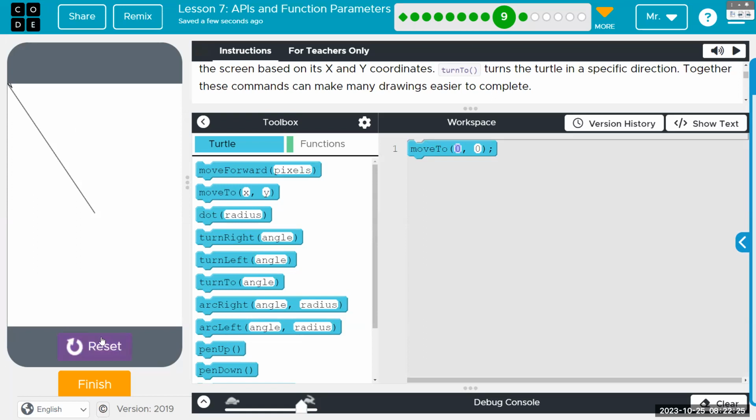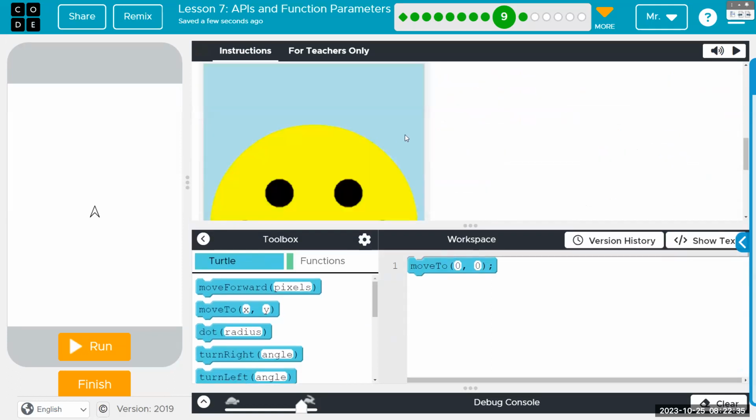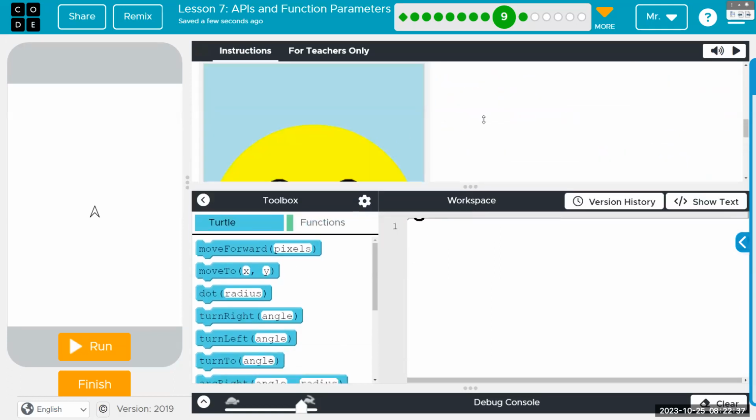Okay, drawing the entire time. But if we did pen up, it would not draw. It would just go to that corner. So what do we want to do? Well, we know, just building up, we want a